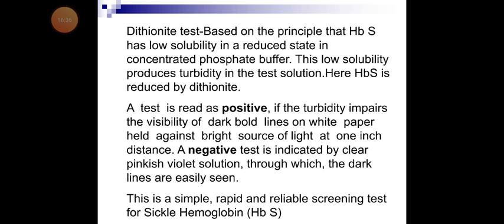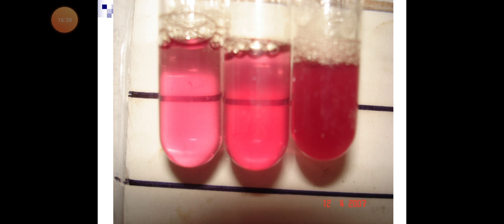The dithionite test is simple. You can see on the figure here the first test tube on the left. In the first test tube you can see the line clearly. In the second you can't see the proper line, and in the third the black line behind the test tubes you can never see. Remember, the first is normal, meaning on deoxygenation all the hemoglobin is dissolved and it is clear. In the second, the hemoglobin is partially dissolved, so there is a precipitate, however you can see the line,